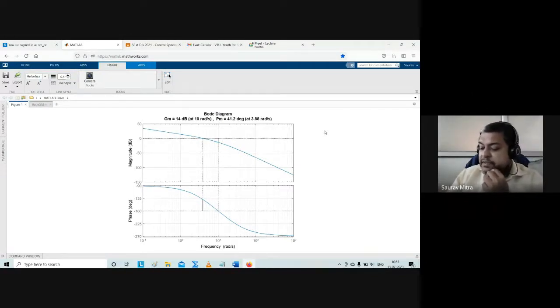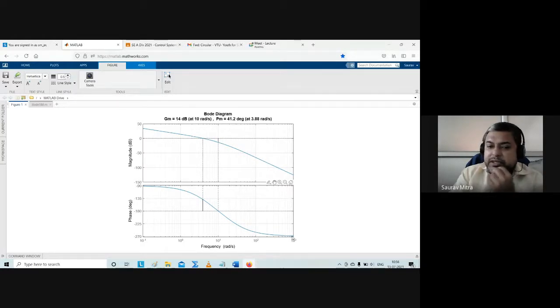Number 5, same thing, omega PC. So this is very important. At this point, that is at 10 radian per second, you are finding that the phase is crossing the minus 180 line and going below. So from 0 to 10 radian per second, the system is stable phase wise, and from 10 onwards the system is becoming unstable phase wise. As frequency is increasing, the phase is going towards minus 270.